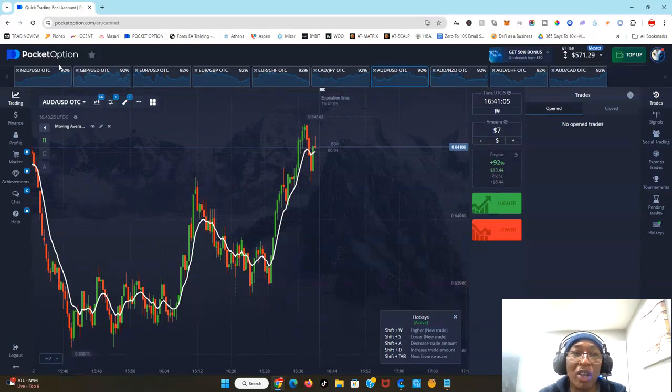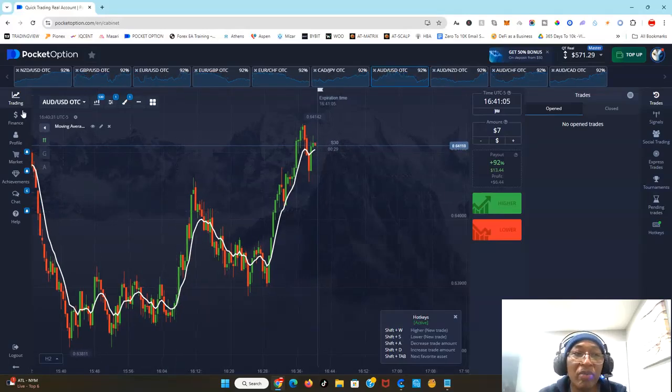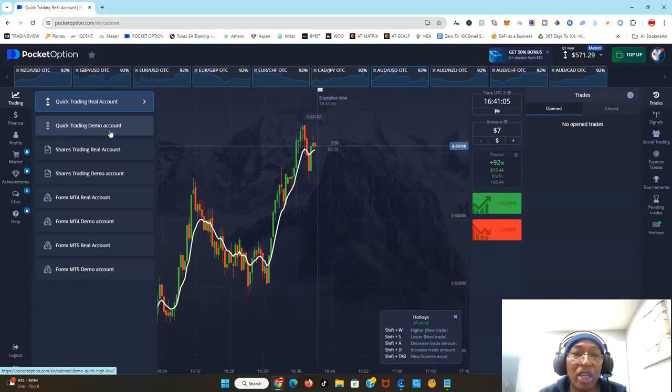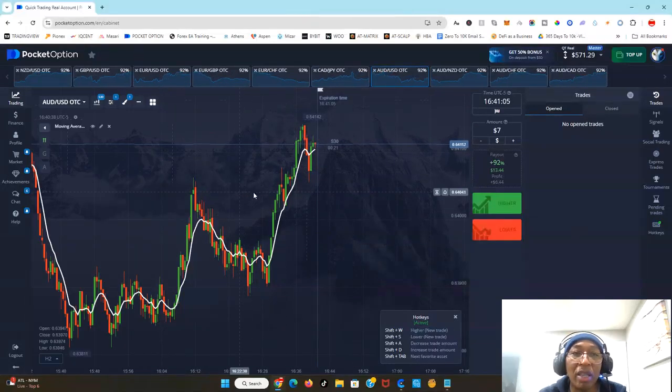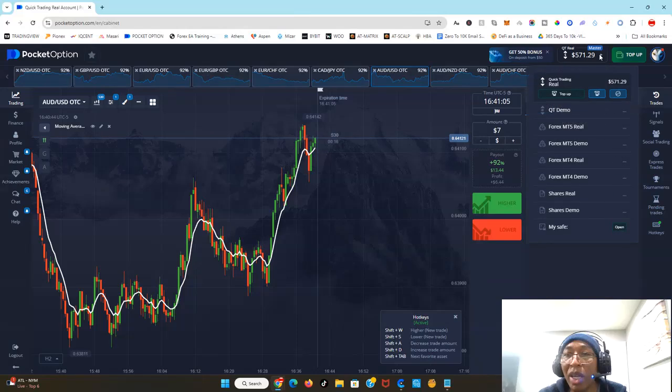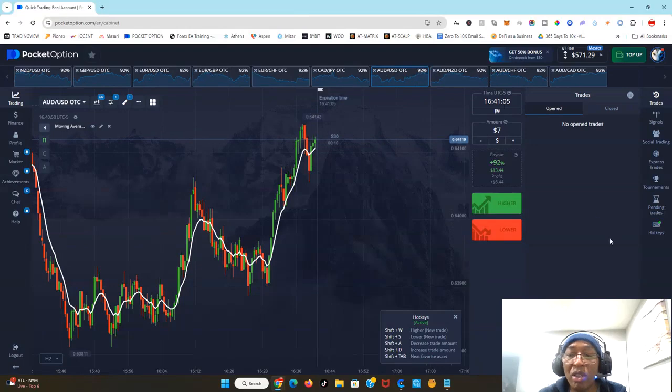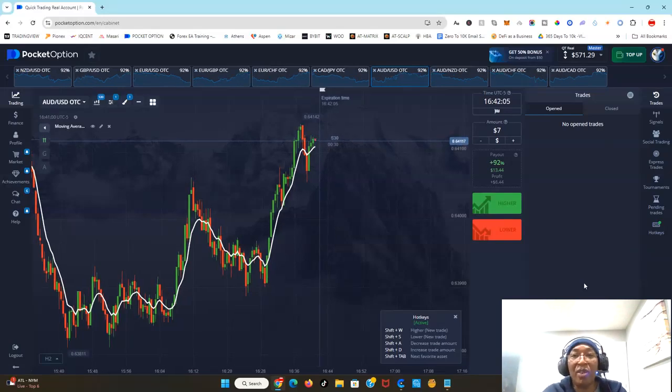Once you open your demo account, you're going to get to the trading platform right here where it says Trading Demo. Quick Trading Demo account. You're going to click on that. You're going to arrive to a screen that looks like this, and you're going to assign some money right here. You're going to choose the demo. They can give you up to $10,000 to practice. Now you may not want to use 10,000. You can be realistic, maybe put 1,000 or $100, whatever you can afford, real money that you can afford. So if you can afford $100, just start a demo account for $100 and see how you're going to grow it.